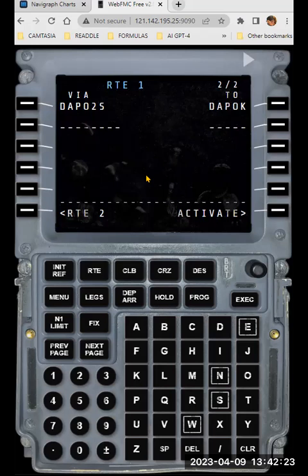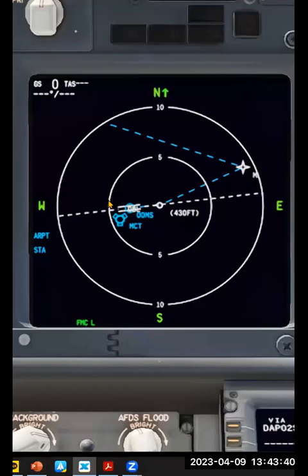Now, as we're doing this, we should be looking at the nav display. Let's go down and have a look at the settings we should use and look at the nav display. You should be in the plan mode anytime you enter a route. There's our OOMS, the airport. There's the VOR, runway 08 left. And we entered the DAPOC